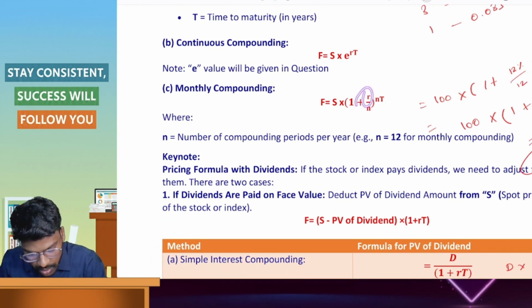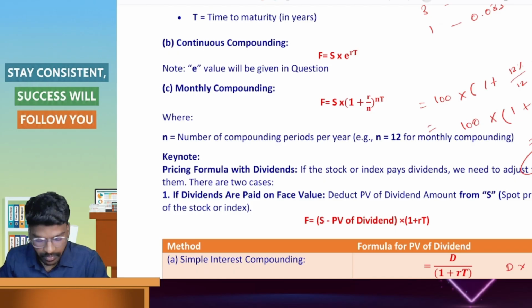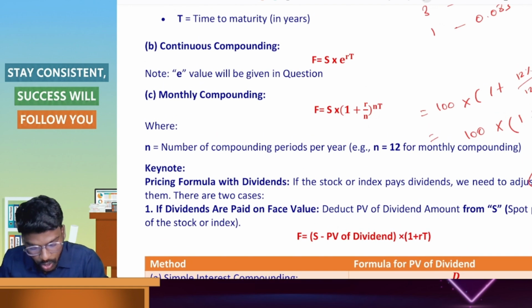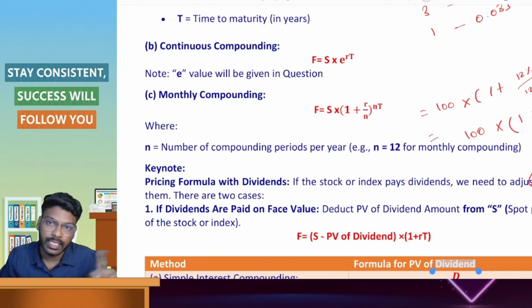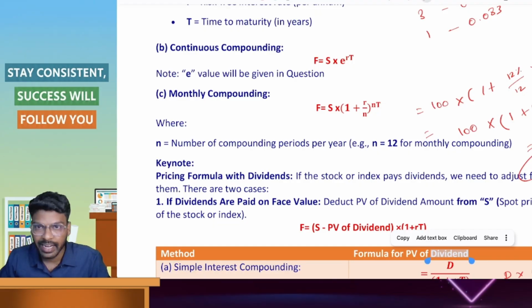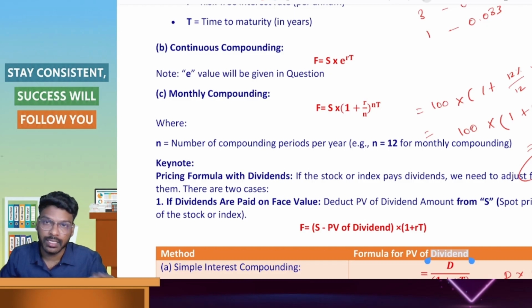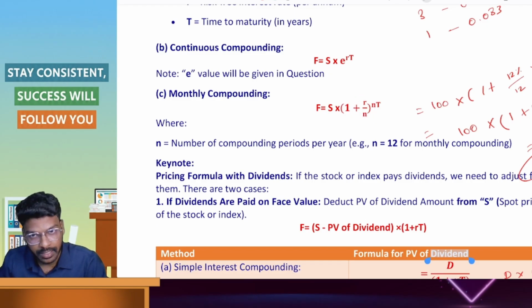So we will be using the annual per annum rate divided by 12. Then it will be on a per month basis. The power is computed based on 12 into time. 12 into time means 12 months into 6 months, so we have to write 0.5. So 12 into 0.5 will give you 6. So the power is 6. Then the interest rate is automatically converted into a 6 month period. You can also compute by dividing the interest rate to get the per month interest rate and then taking it for 6 months.